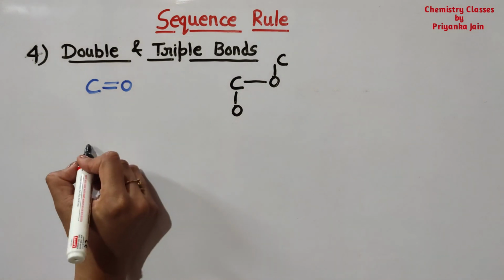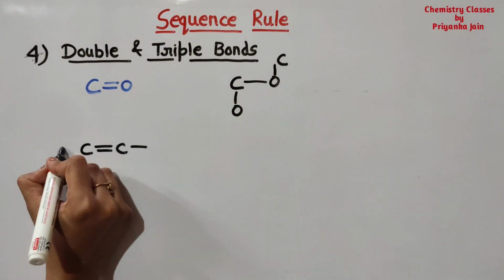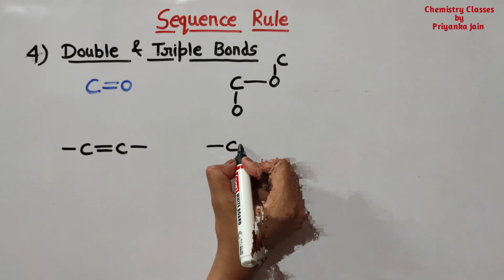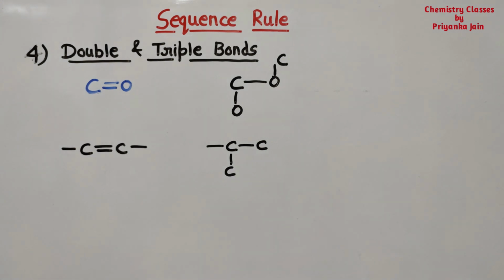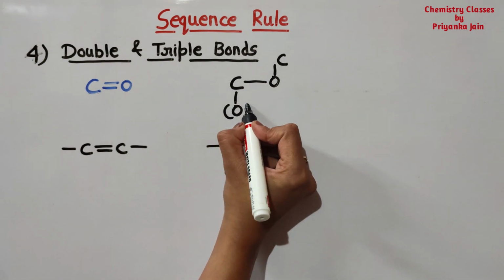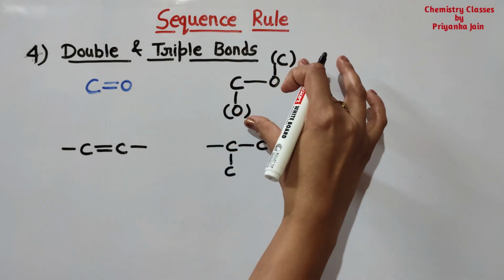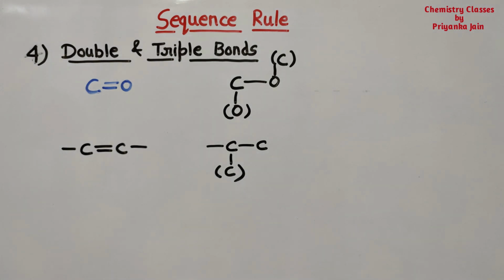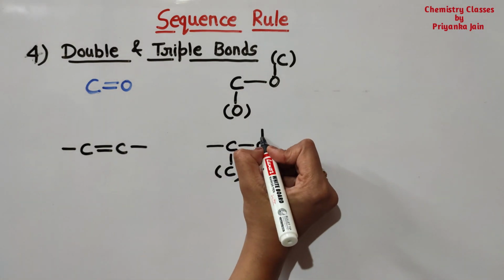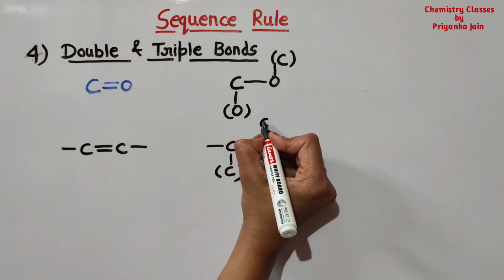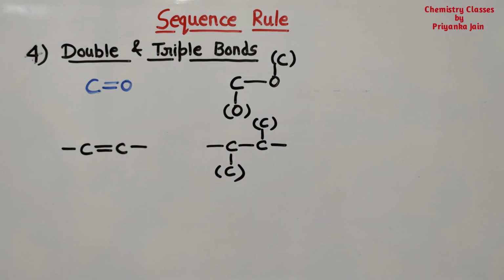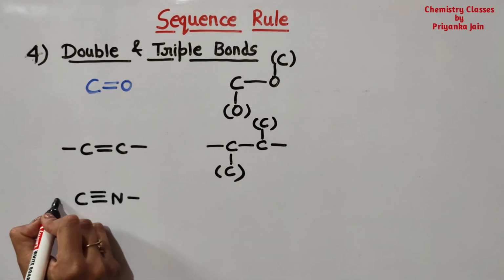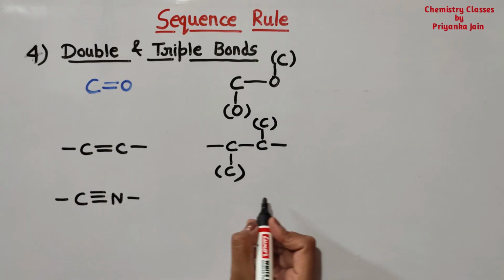Similarly, if we have given any alkene in this manner, then we can consider that to this carbon atom 2 carbons are attached. One will be this one and another is this. This is assumed, so we should write this in this manner in the bracket, because we are just assuming, okay. This is not actually present. This we are assuming, so we should write in this manner. Okay, similarly to this carbon atom, 2 carbons are assumed to be. Okay, if there is a triple bond present, then we will consider 3 atoms of the same type are present here. We have to assume.